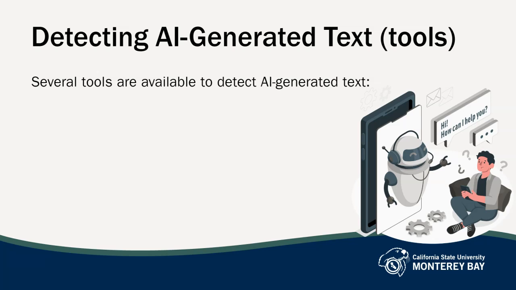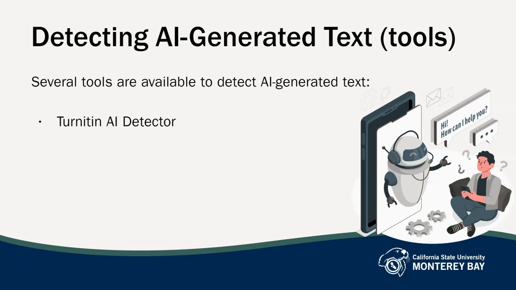This means that running a student essay, for example, through an AI detector might turn out to be a false positive, which can have serious consequences for the student and for your relationship with them. We'll talk more about how to approach students in a few minutes, but here are a few AI detection tools that you might use as part of your AI detection process. The first of these is Turnitin. It's worth noting that when Turnitin released their AI detection tool, they estimated a false positive rate of about 1%, but within a few months updated that to be 8% for false positives.